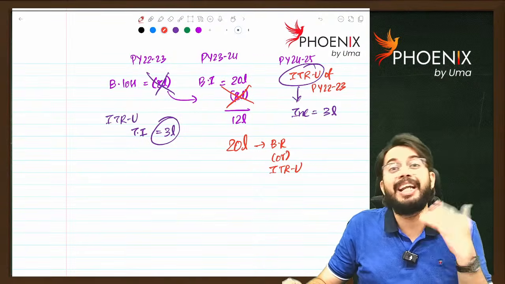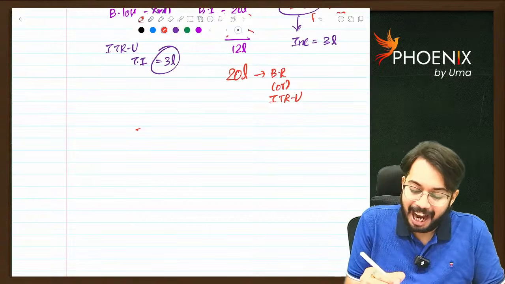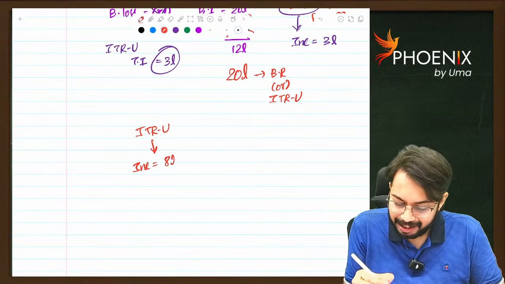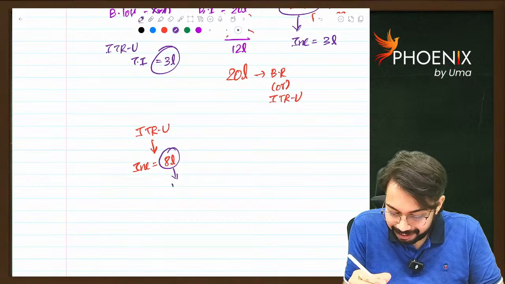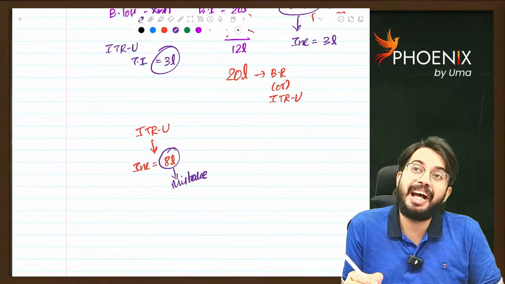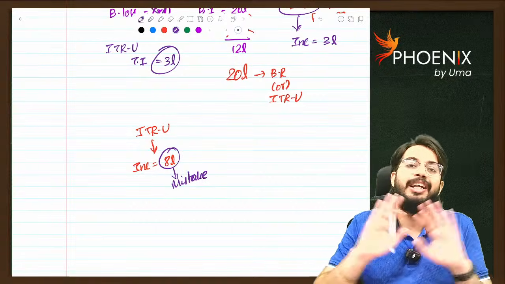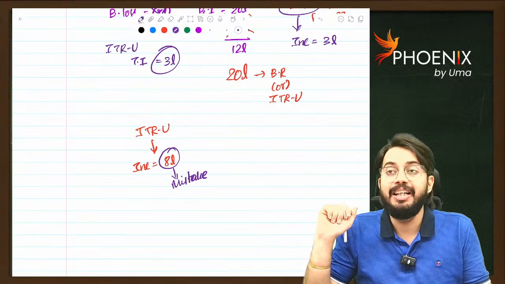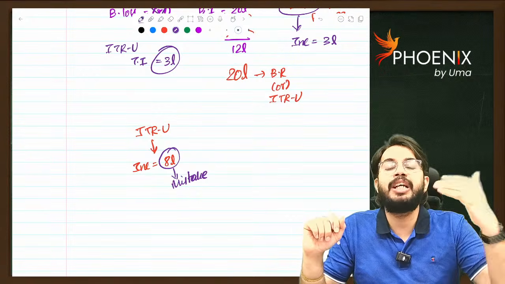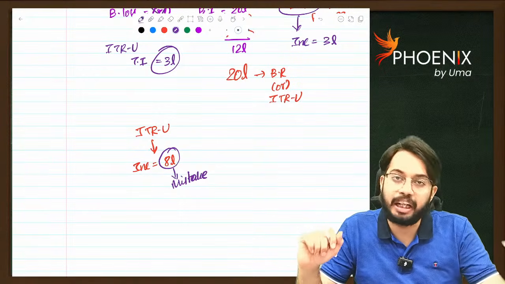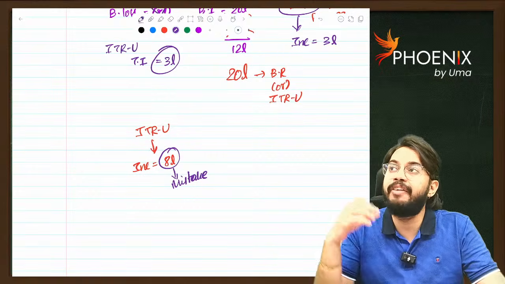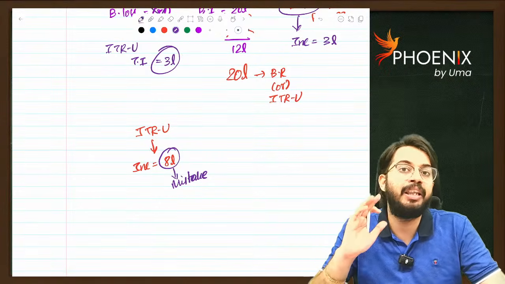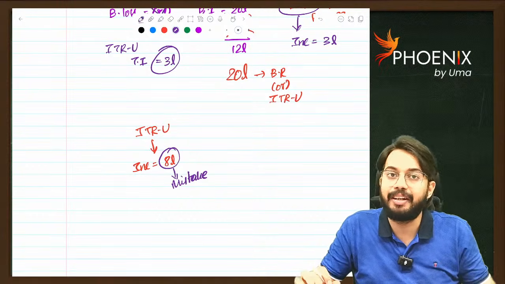Sir, can we update ITR-U? Let's say I filed ITR-U, I disclosed income 8 lakhs. I made mistake in this. Can I revise ITR-U by filing another ITR-U? That is not possible. ITR-U cannot be updated, ITR-U cannot be revised. Similarly, if search is conducted in your place as per section 132, or if your books of accounts are requisitioned from another department of government under section 132A, in that case also you cannot file ITR-U. Okay.